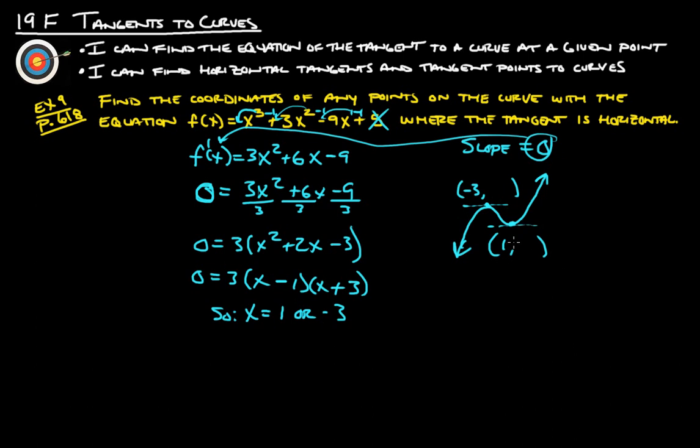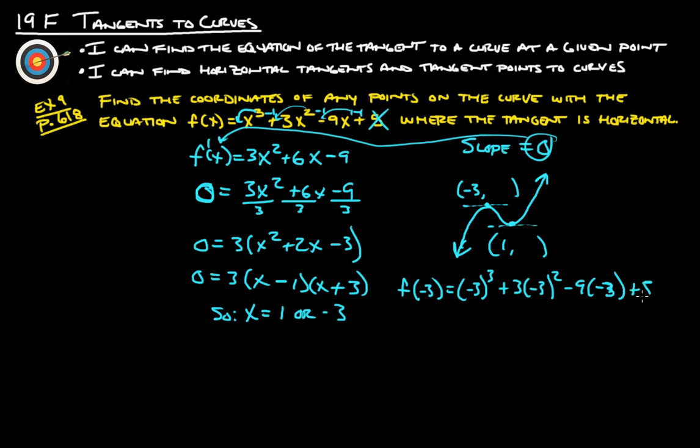Now we're trying to find these coordinates of the original function, so we're just going to take this negative 3 and plug it into the original function to figure out what the y is, and then we'll also plug the 1 into the original function and figure out what the y value is. All right, so let's do that. We got f of negative 3 is negative 3 cubed plus 3 times negative 3 squared minus 9 times negative 3